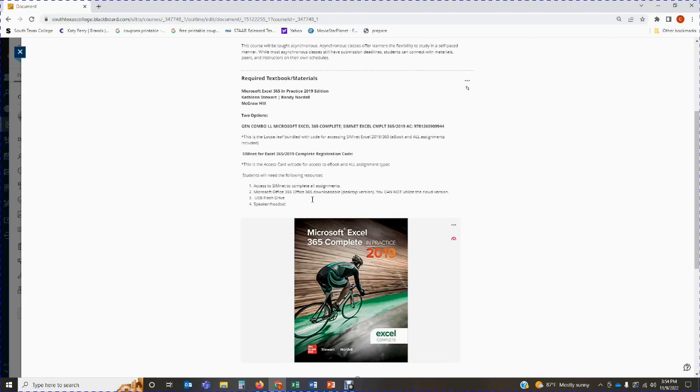Students need to have the Office 365 downloadable desktop version to be able to complete your assignments. You cannot utilize the cloud version, okay? And it is preferred that you use a computer that's not a Mac. If you have a Mac, you might encounter some issues, but according to the publisher, you should be okay if you're using a Mac, but it's preferred that you do not use a Mac computer to complete your